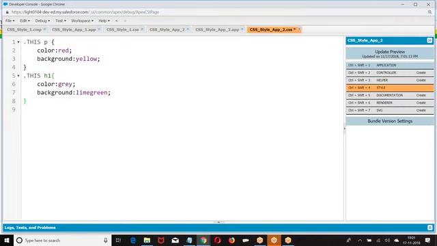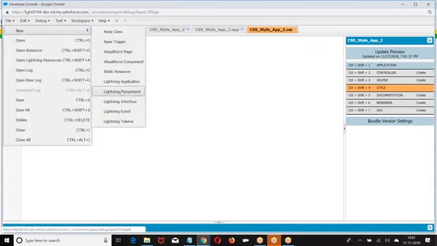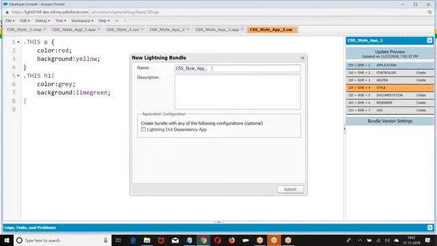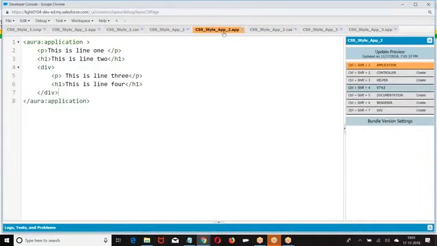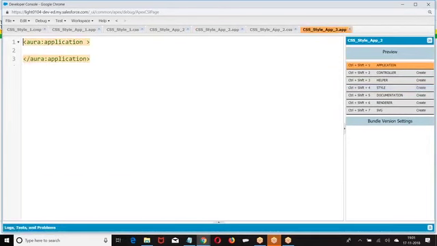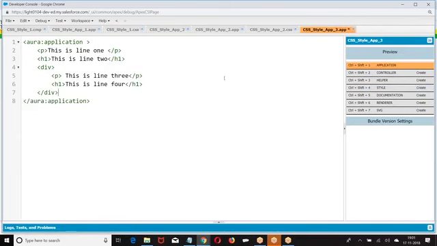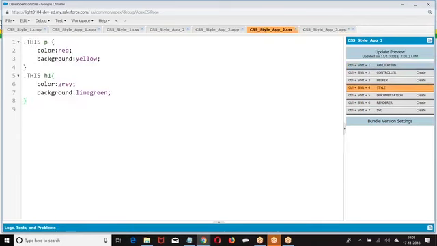Let me take one more element to get the clarity. Same story.